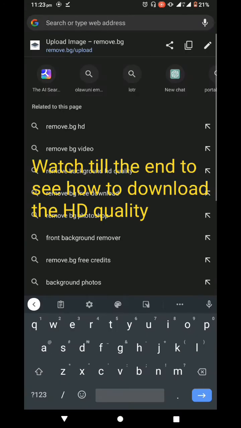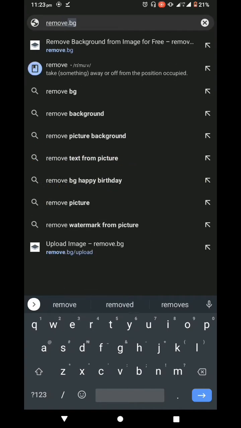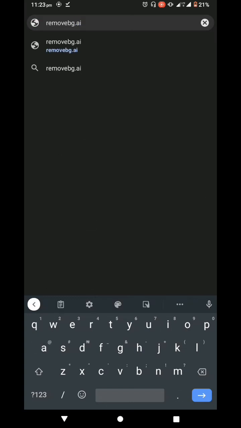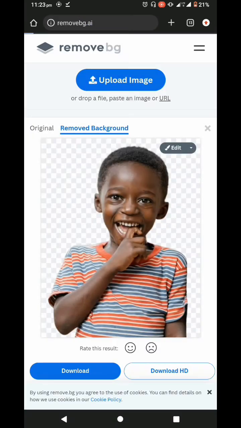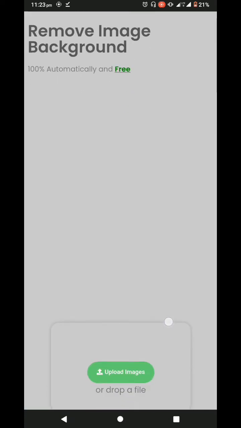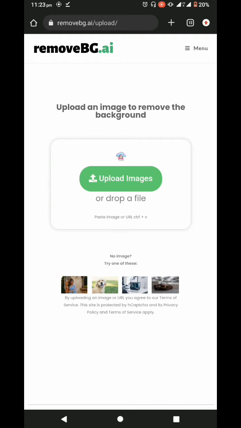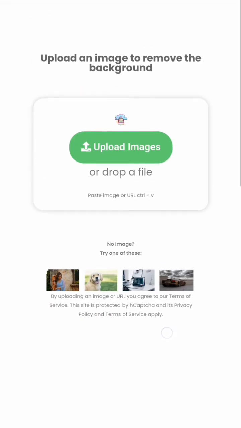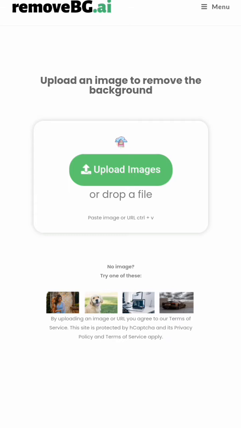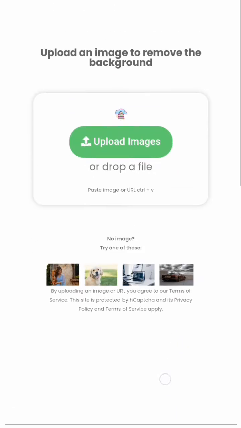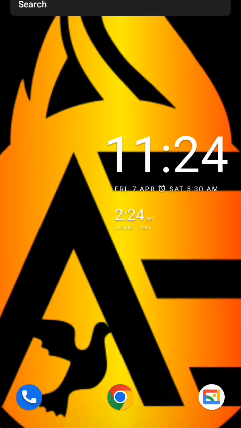But before then, let's go to another website we can use to remove our background. So we are going to remove bg.ai. So this is an artificial intelligence, almost something like remove.bg, the first one that we just checked. So you can see that this one too is fine. So let's wait till it loads, and you drag and drop your file if you are using a laptop or something. So another way is that you can use the Adobe background remover, but I'm not going to show you that one for now. So another option that we can use to remove the background of our picture and get HD